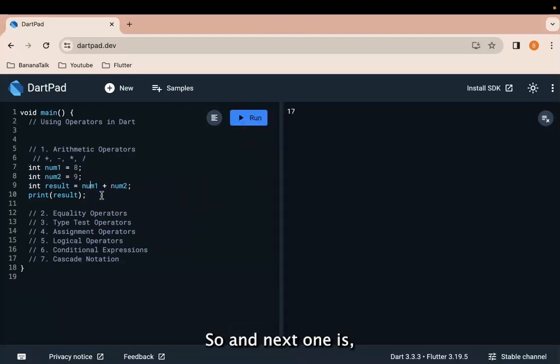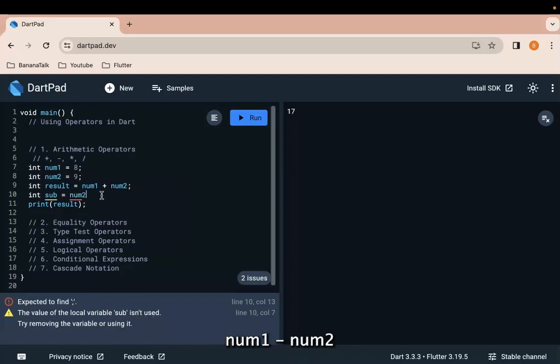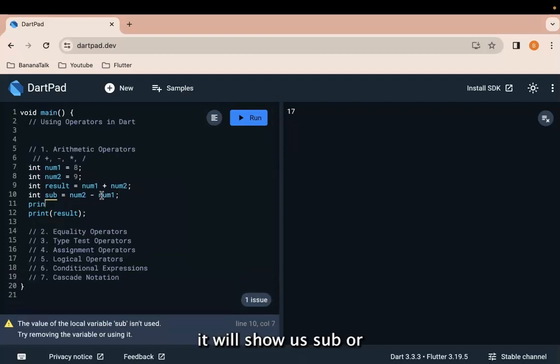So the next one is subtraction. num2 minus num1. Okay, so it will show us the sub value,